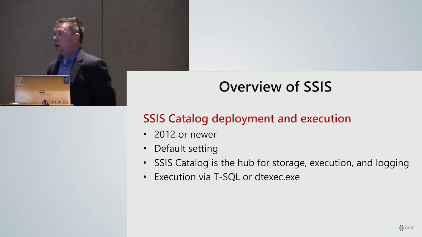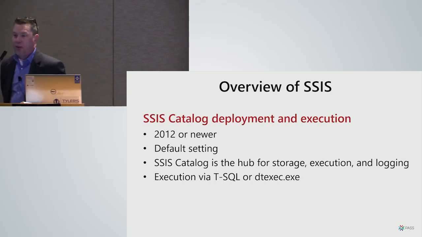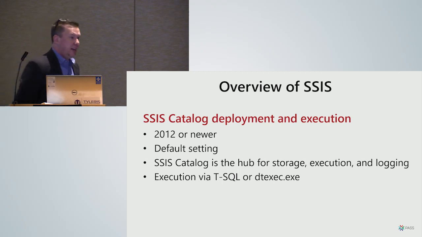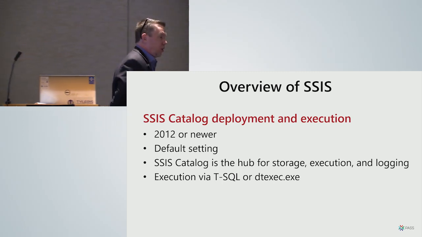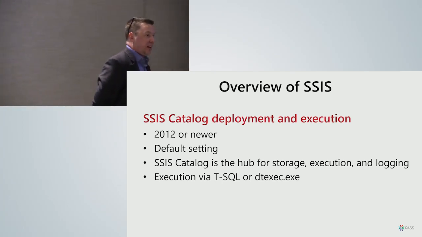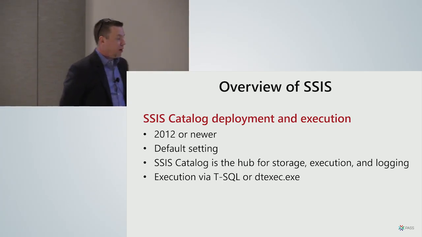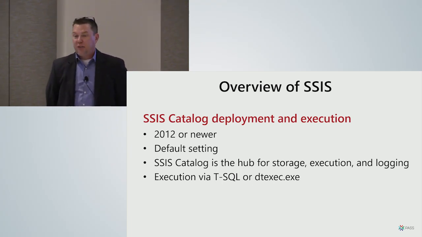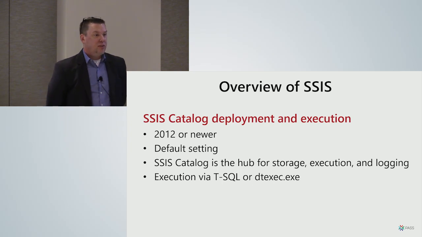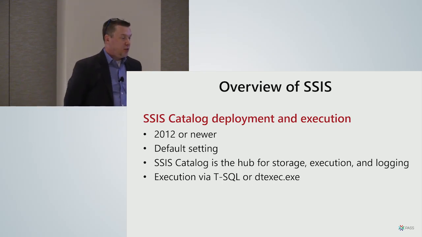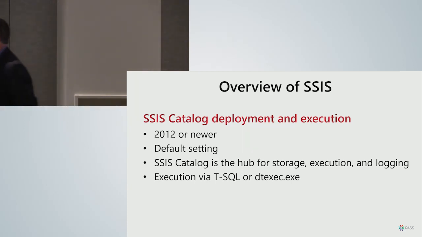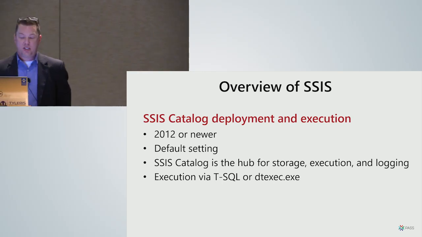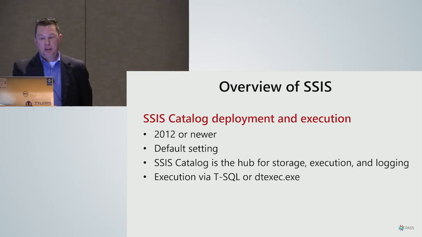The SSIS Catalog was a brand new way to store, execute, and log your SSIS packages. When the catalog came out, it largely replaced what was being done in MSDB or the file system deployment. You no longer had to write code to get things like error or warning logs into a table. It would do that automatically for you. Same thing with row counts. A lot of us wrote custom code to gather row count information that came baked into the SSIS Catalog if you used the right logging level. And this was really portable in that you could deploy to the catalog and then run from either T-SQL or DTExec. So if you wanted to embed that in a T-SQL script, it was really simple to do.